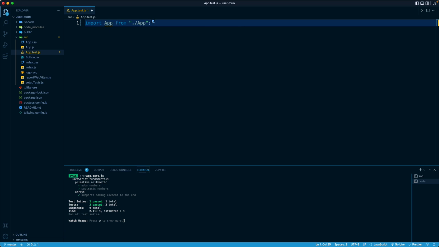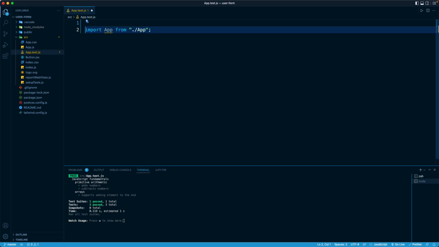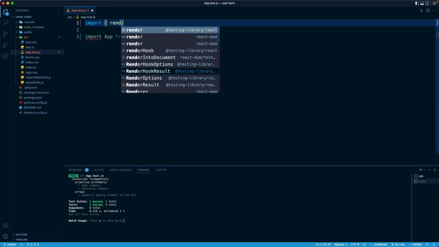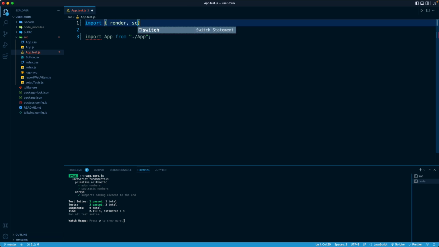We're going to import it just like so. Then I'm going to need two named exports from the React Testing Library. So right here, I'm going to import with curly braces. The first thing I want is a function called render, and the second thing I want is an object called screen. And those are going to come from